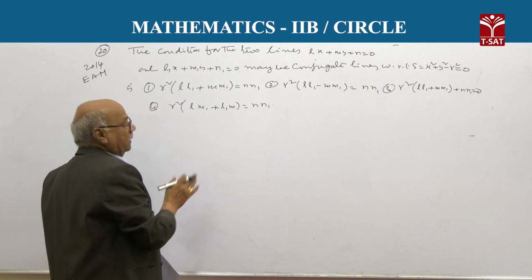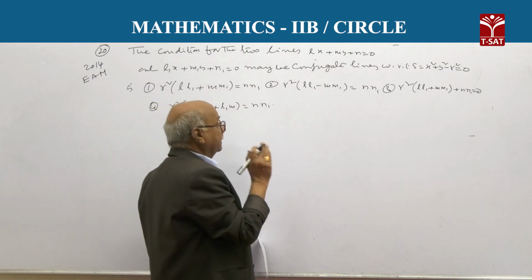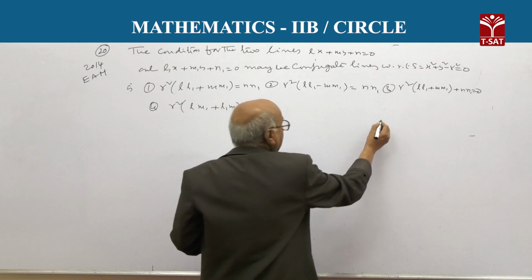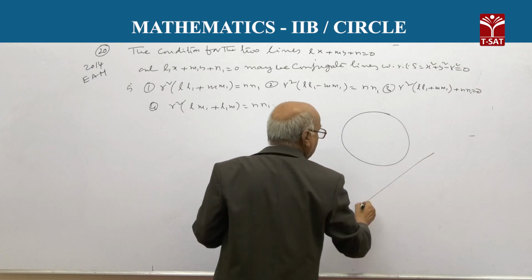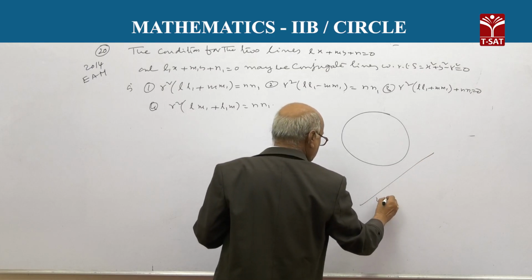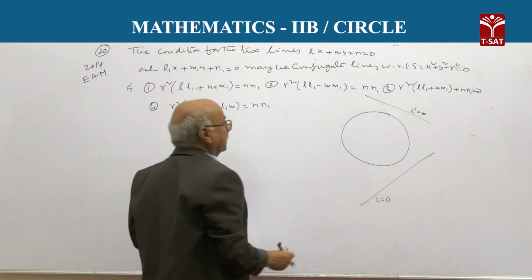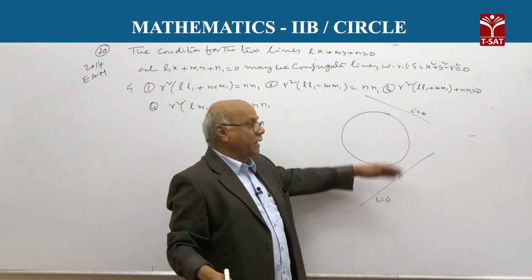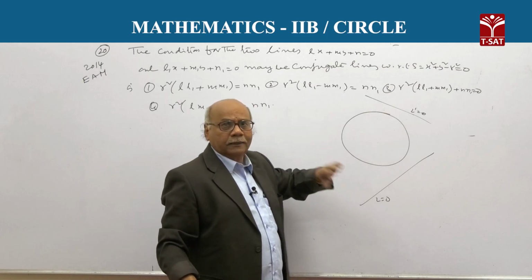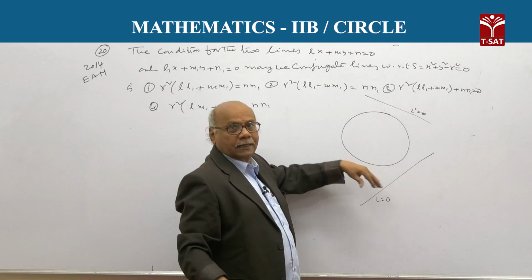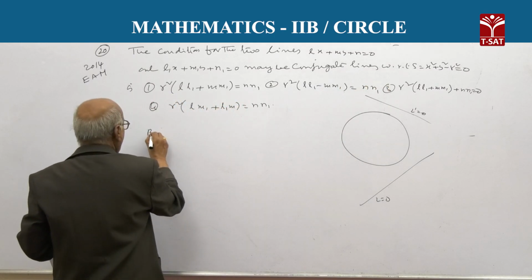Right. This is a theorem, and from the theorem we will get a formula. Given a circle, two lines L equal to 0 and L dash equal to 0 are conjugate lines, which means the pole of one lies on the other. Conjugate lines means, as I have already explained, the pole of one line with respect to the circle lies on the other line. Now here, by the formula,